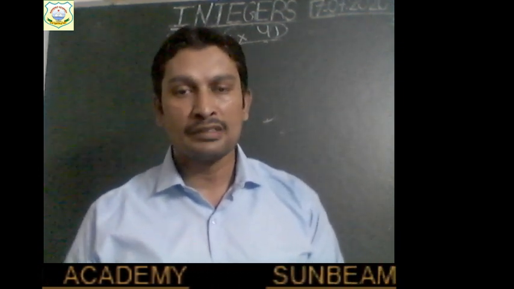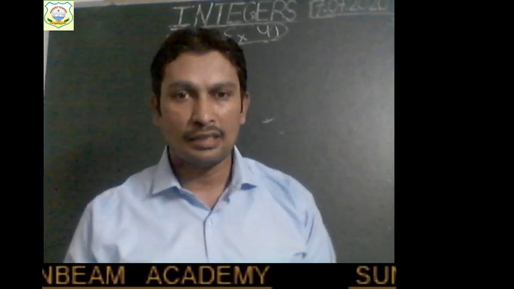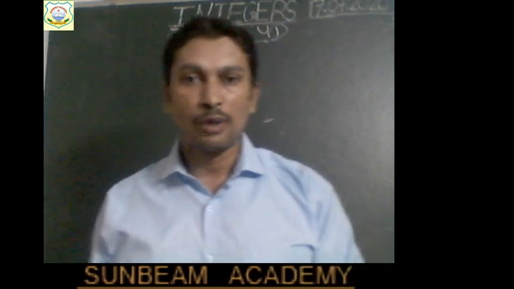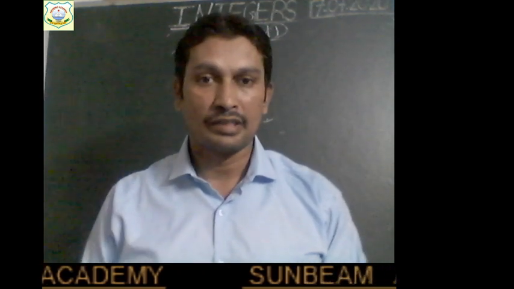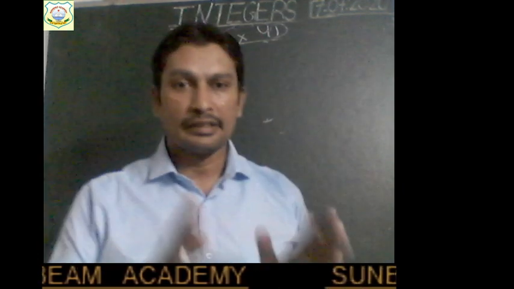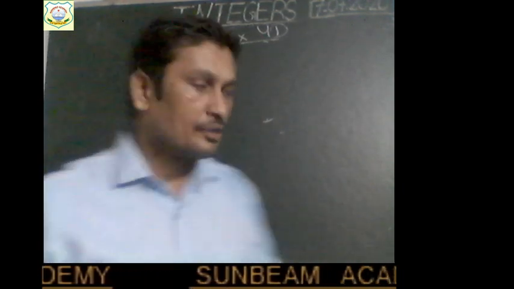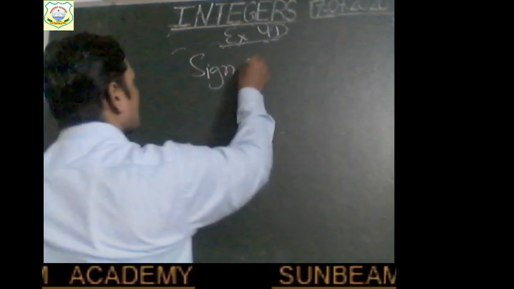So now the first thing that we have to see is what happens when we divide one integer by another integer, and what is the change in the sign. If a positive integer is divided by a positive integer, then will the result be positive or negative, children? We must know that, because this is the first thing that we have to know in this chapter, that is sign conversion. So firstly write down sign conversion when we divide one integer by another integer, right? So firstly note down this sign conversion.